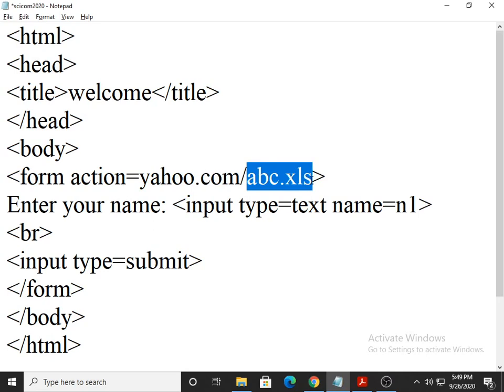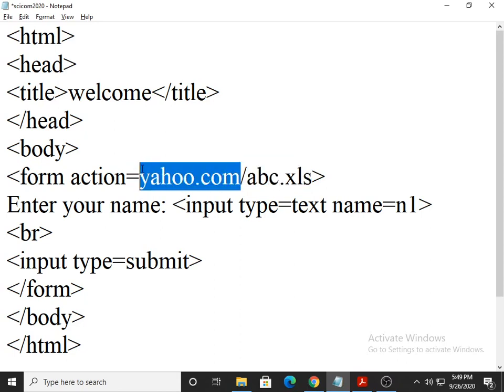But for that purpose I need to purchase some space from yahoo.com, and I have to register. So many things are there. So the action attribute decides where the form data will be submitted.